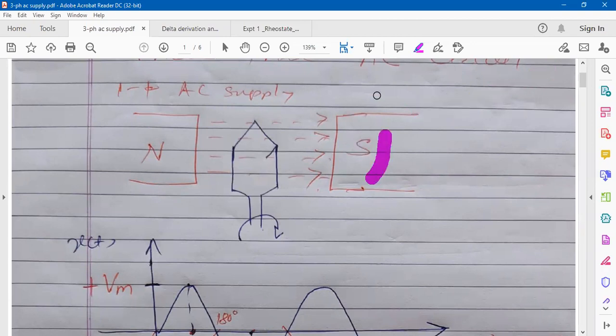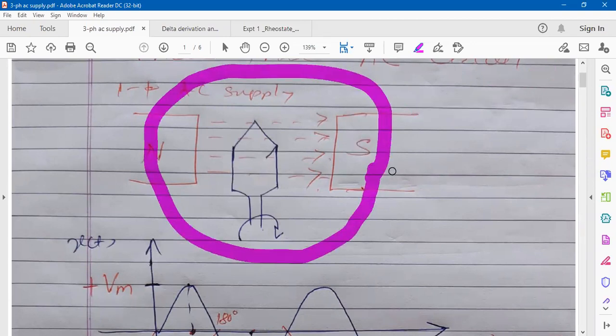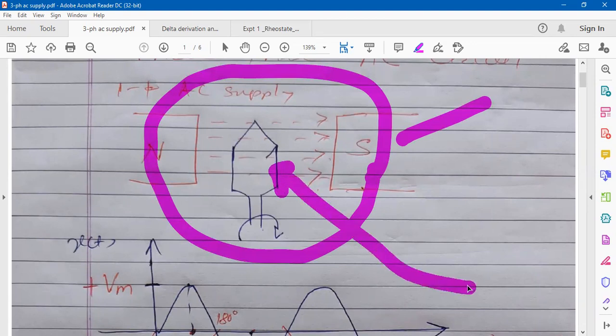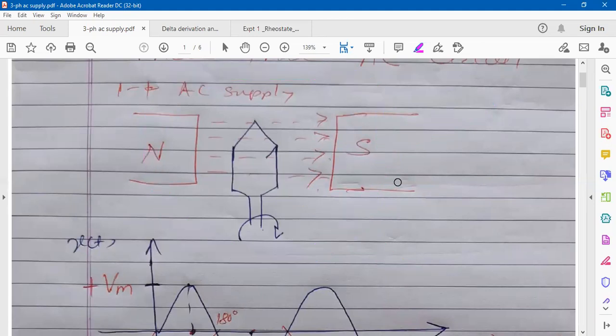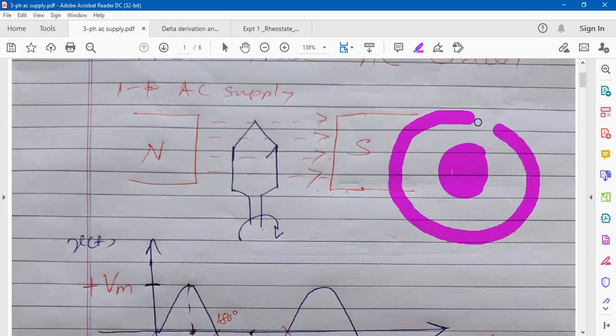So this one is called a pole. This one is the stationary part, that is called the stator. And this winding, wherever it is on the rotor, both are cylindrical, circular. Their axis is common. Centrally, you will find it's a shaft where we give mechanical input. And then on it, the cut section will show you. See, centrally it's a shaft. On it, the rotor core is there, then the air gap, and then the stator core.